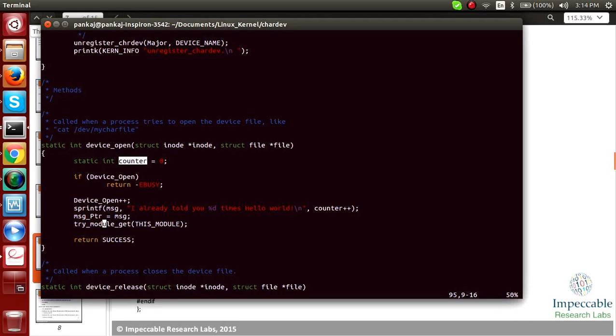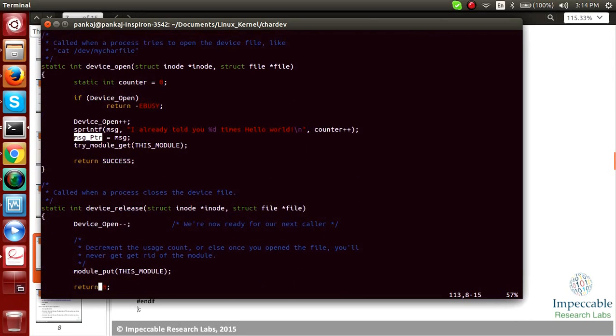It will print a message. sprintf basically saves it into the message string, and then it prints it.